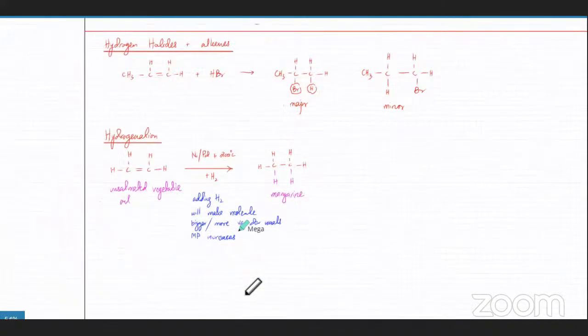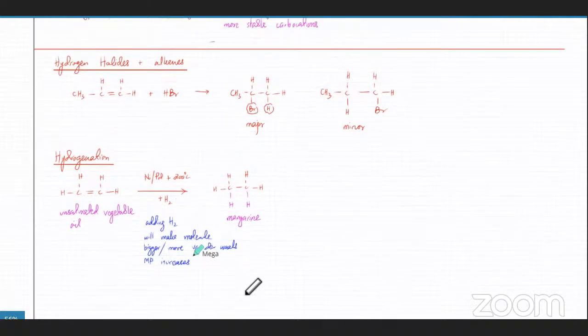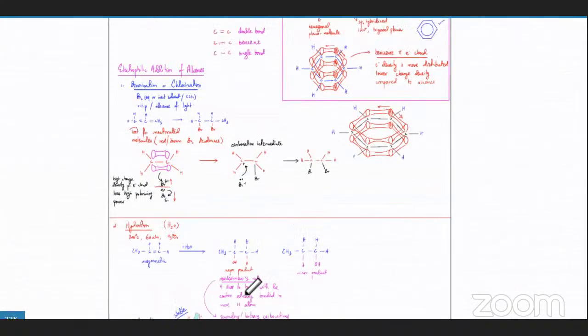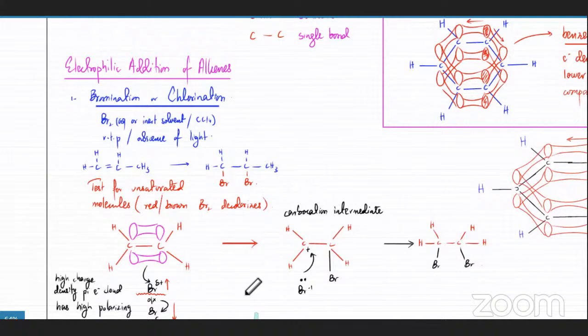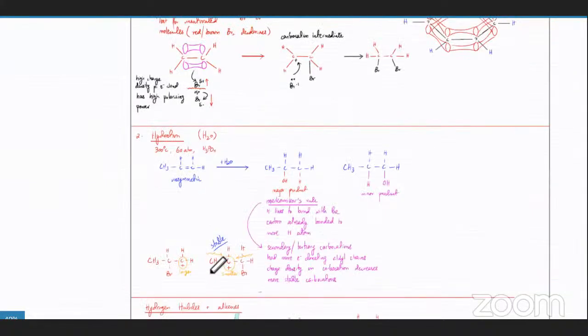Okay, so this was all about alkenes and their electrophilic addition reactions. Remember, all of these reactions were electrophilic addition reactions. They had the same mechanism. The electron density was very high, a very strong electron density. The pi electron clouds were concentrated over this area, and the bromine molecule would get polarized very quickly. Now we're going to move towards